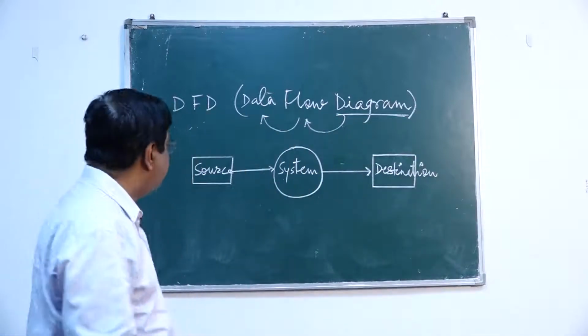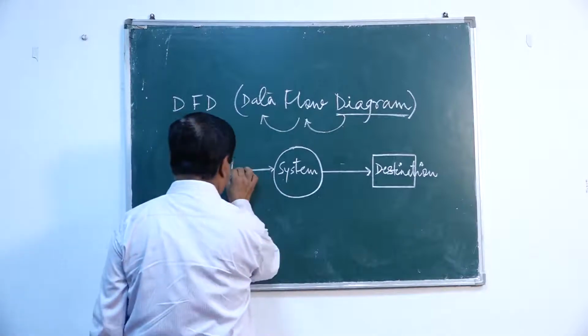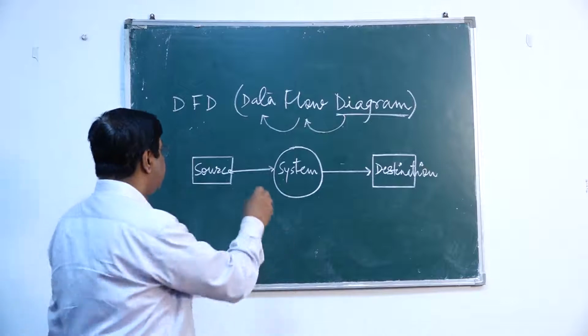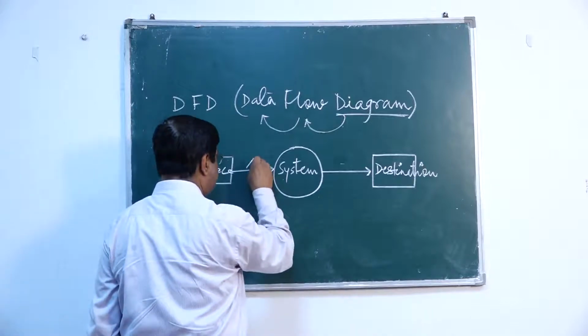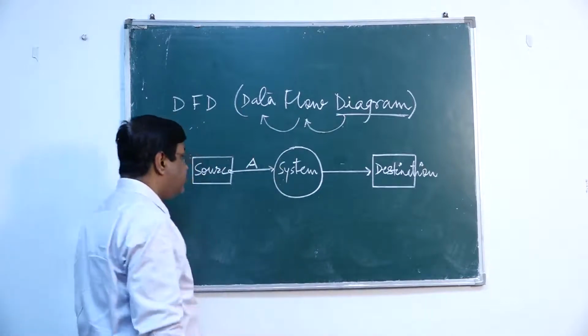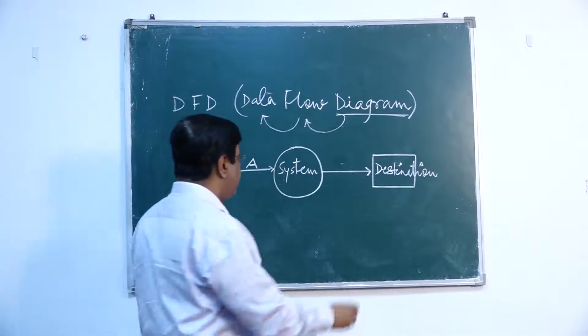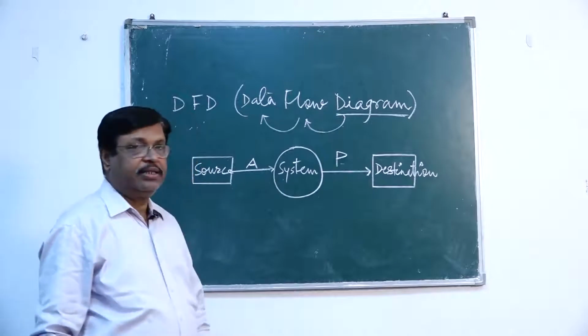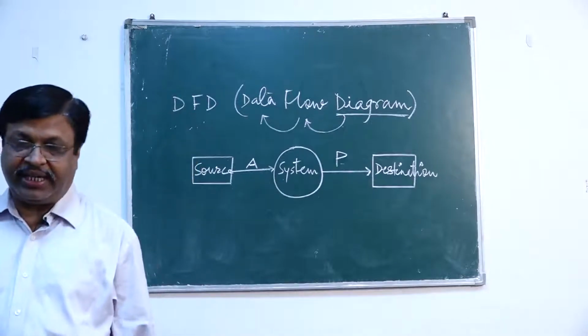It shows the flow of data from source to destination. Means, suppose A is input to the system and P is the output of the system, then DFD would show the source of A,